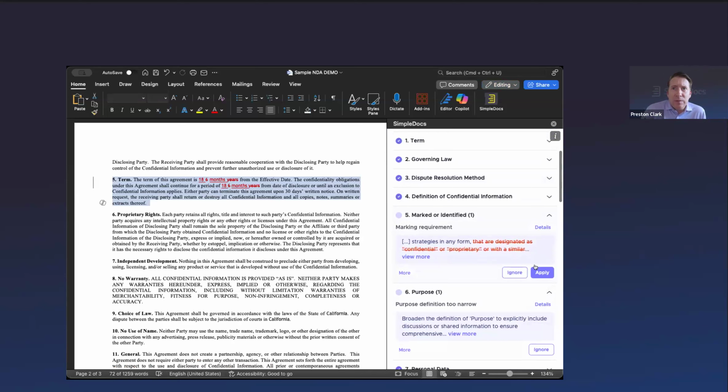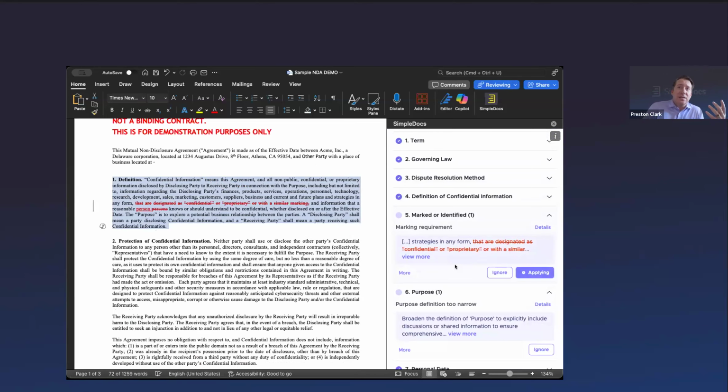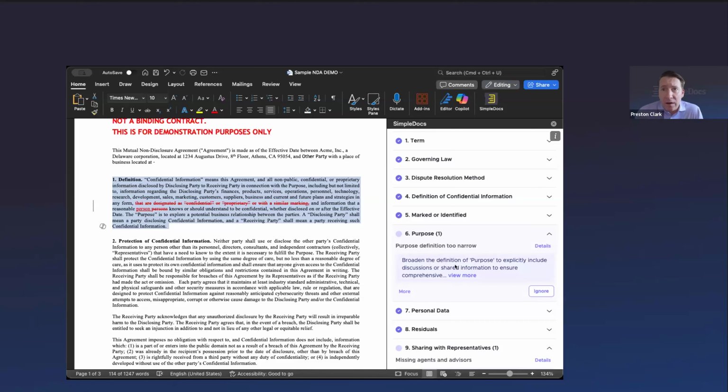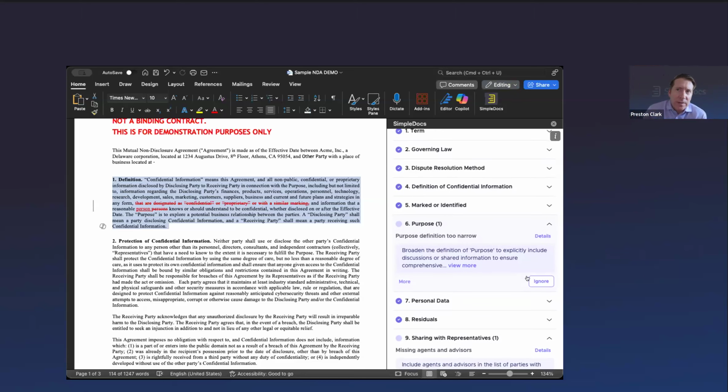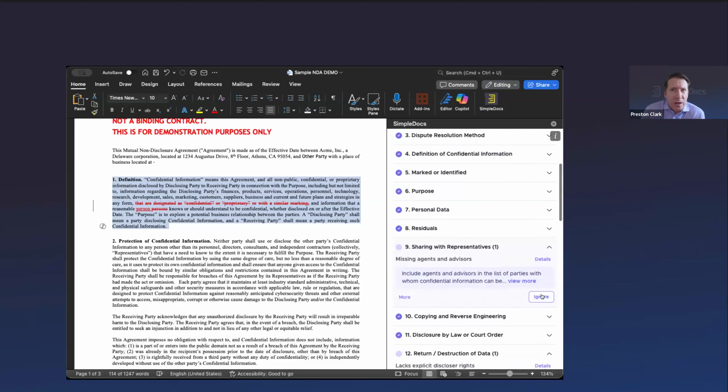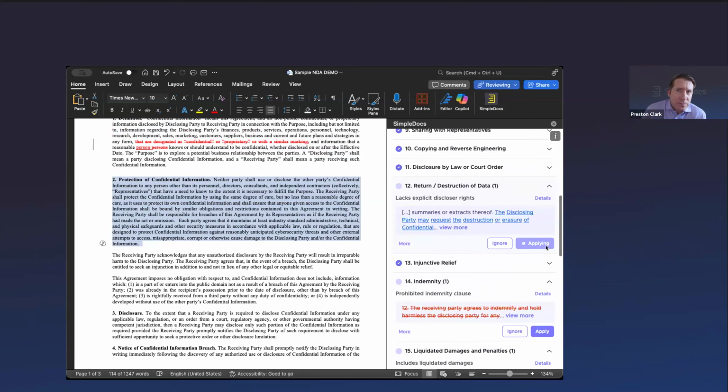Lots of issues can be ignored, can be accepted. You can decide as you're going through. As a general practice, what our customers do when they get comfortable with the tool is that they just apply everything and then they go back through and analyze it. So they're doing a first review, almost like you were handing this to a first year associate who's doing it for the first pass, and then you're going to go audit that work. This is a fast way to get through the documentation. I'm going to ignore some, I'm going to accept some.